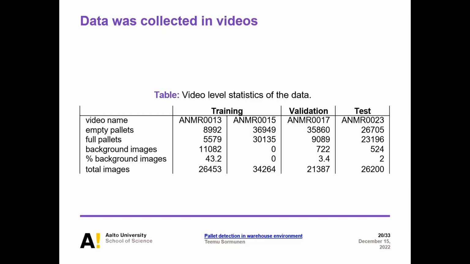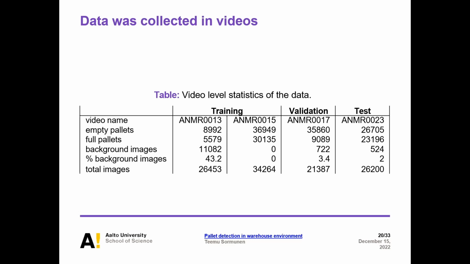The data was collected in videos as defined before. The training and the validation videos were collected during the same time and with the same items. The test video was collected a few hours after the training and the validation videos, and it contained different items that were found from actual production. This difference was because we could not access the items that were used in production while videoing the training